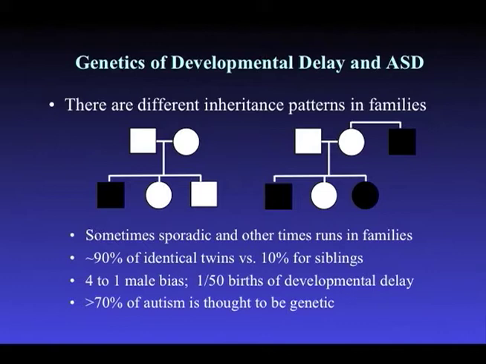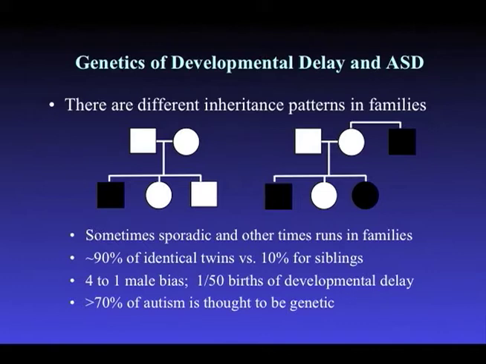Simplex families simply refer to families where there's no history of autism in at least the recorded history of that family. So this would be an example of the mother and father unaffected with one child, in this case a male, affected with autism. Multiplex families refer to families where there are typically 2 or more affected. This is always a little bit complicated by the definition of what people are using to describe autism and developmental delay. There may be comorbidities that are segregated in the family as well. But these are the families typically that are recognized, both in developmental delay as well as autism.